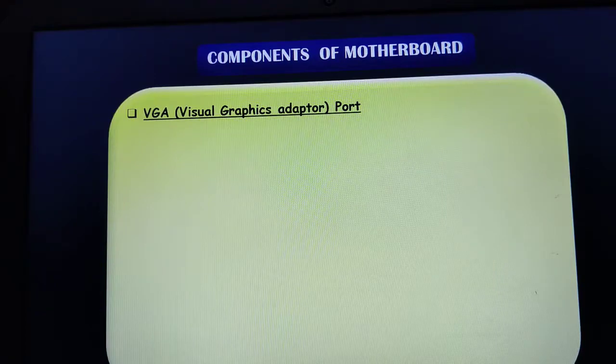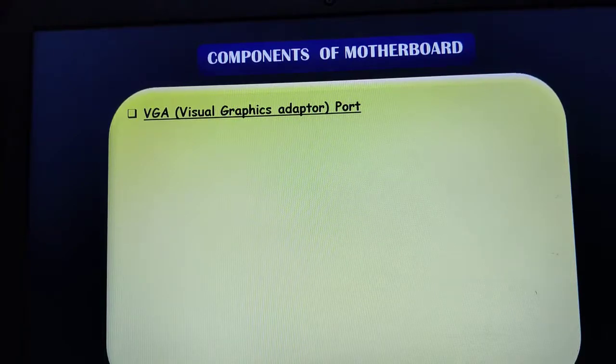So let us continue with our chapter, that is a typical configuration of a computer system. In our previous video we had completed a few components of the computer. In that we had studied the different kinds of hard disk drive, floppy disk controller, input output ports and interfaces. Some of the ports like the serial port, which is also called the communication port, and parallel ports we have studied, like different kinds of other ports like IDE, USB, that is universal serial bus port, and the PS2 port. So different kinds of ports we have studied.